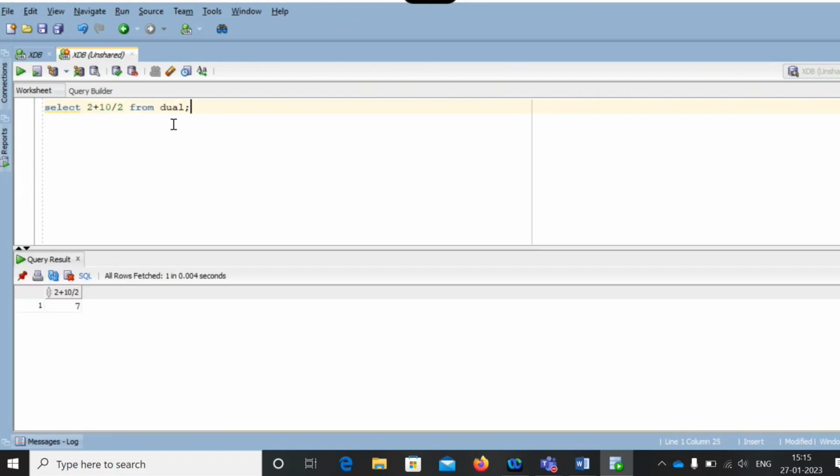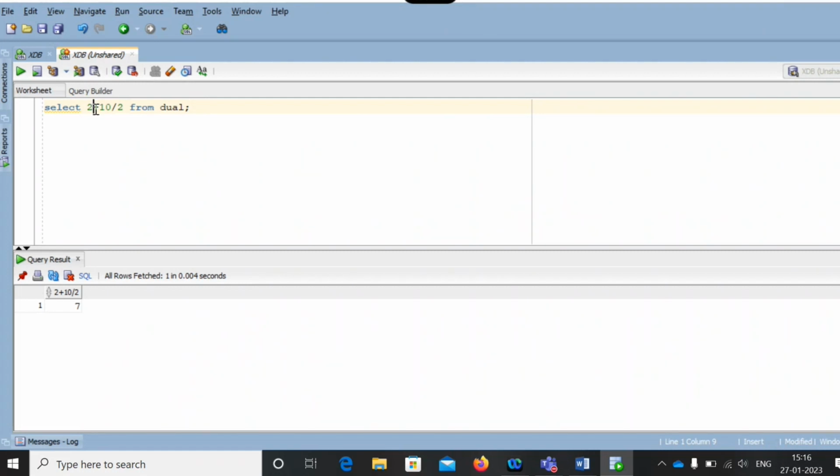See, if you are getting a result like now, the operation is performing 10 divided by 2 first. We were supposed to do the calculation 12 divided by 2, which is 6, right? Now you are getting 7. So the system is doing the calculation 10 divided by 2 as the first priority. It is giving the priority to division first, and the second priority to the arithmetic operation, addition.